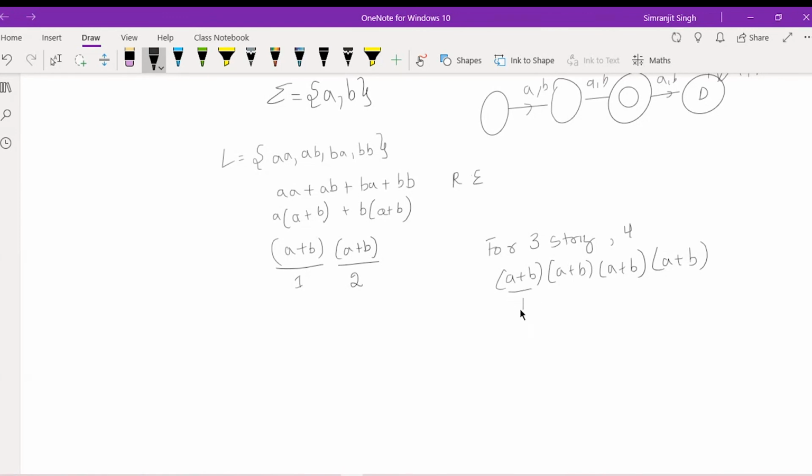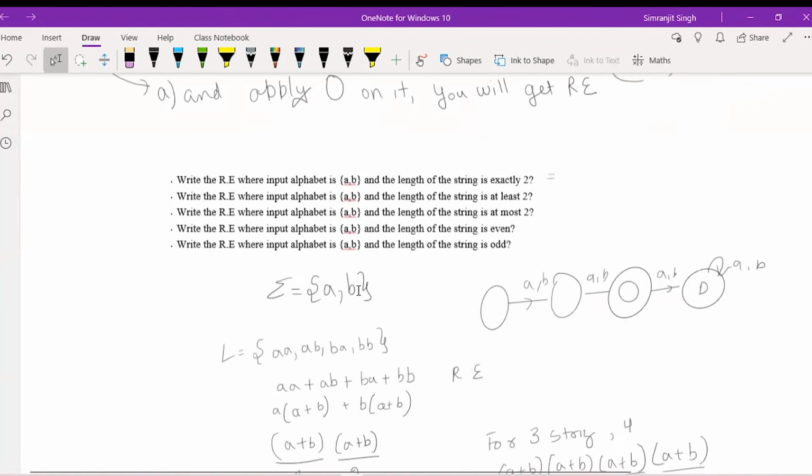So this is your first length. It can be either A or B. This is your second length. That can be either A or B. Third length, either A or B. Fourth length. So it means that from this, either A or B can be present for a particular string. So I just choose A here. From A here, I choose B here. From there, I can choose A. From there, I can choose either. So this string can be extracted. This is your four length string. Okay, so I hope you understand what I'm talking about.